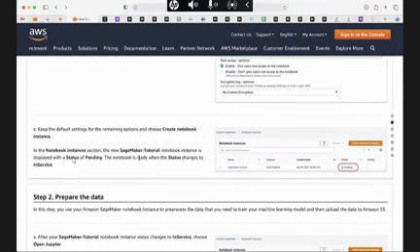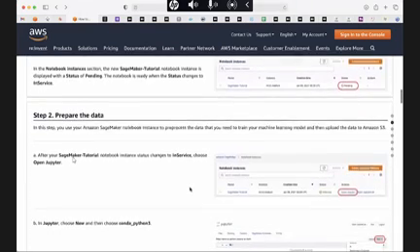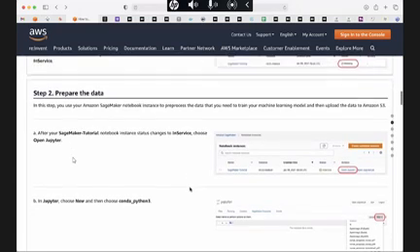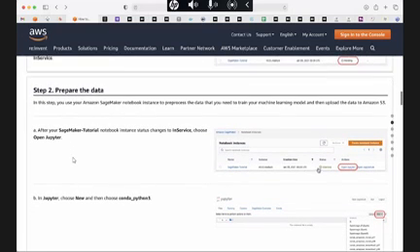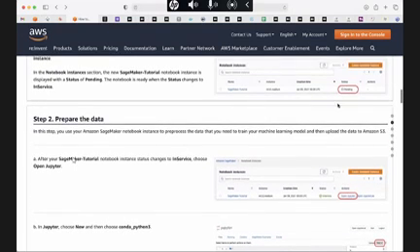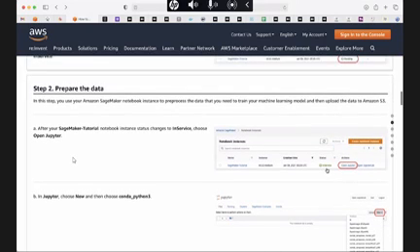And it then has to boot it and come to the ready state. So for that, it will say pending for a while until the status changes from pending to in service.